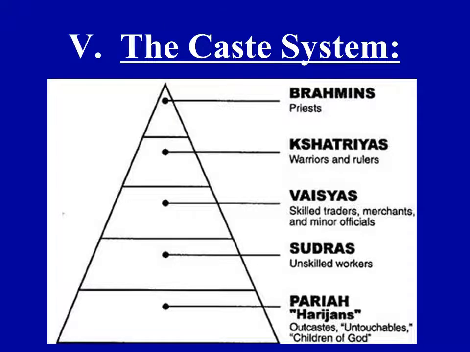Okay, last thing I've got is this, the caste system. This was the last invention of the Aryans, and it was a way that society was divided up, and these roles, these castes that come to exist, are going to be the way that society is going to manifest around itself. The caste you're born in is the caste you're going to die in. It's the caste you're going to marry in. It's the caste your children are going to be born into. Nothing you do can get you out of your caste. Good or bad, that is it.